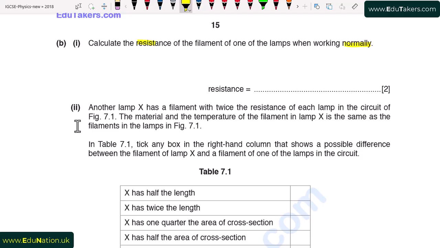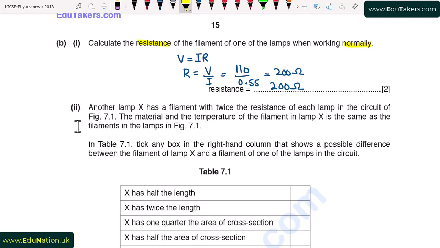Here we have to find out the value of resistance. By using Ohm's law, that is V is equal to IR, we can find the value of resistance. It is V over I. The value of potential difference is 110 and the current that we calculated is 0.55. So the resistance comes to be 200 ohms. So resistance will be equal to 200 ohm.